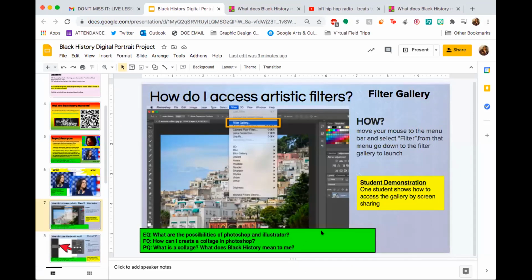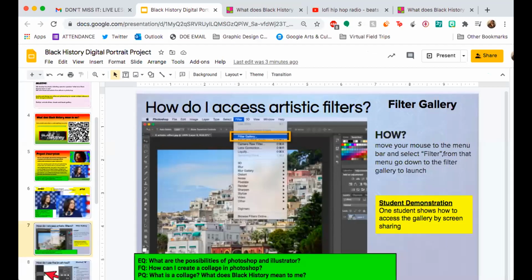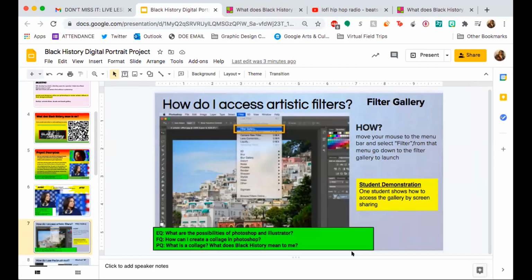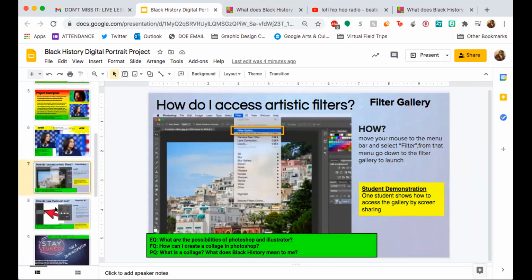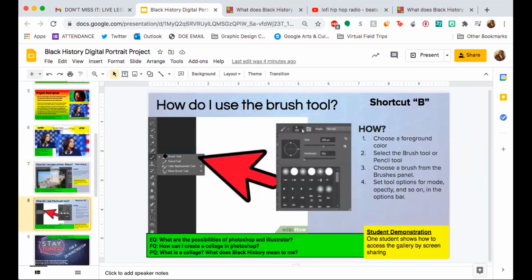Okay, so I'm going to give you permission to share your screen in just a second. And I want you to pull these up for the class and then just kind of tell them how they access this. So the first thing that you're going to do is we're going to access artistic filters. So the way we get to artistic filters is we go to filter and then filter gallery. And the next tool we'll go over is the brush tool.